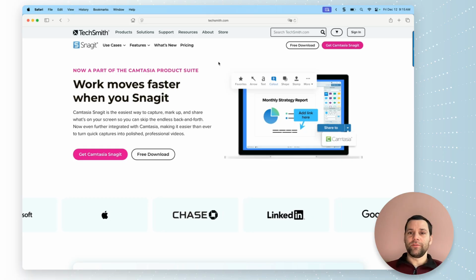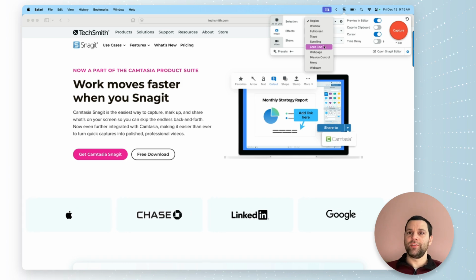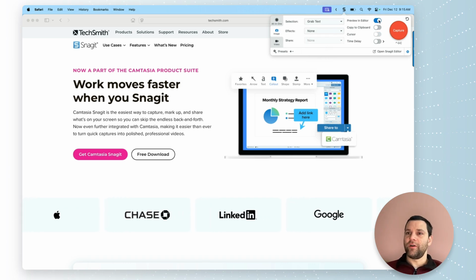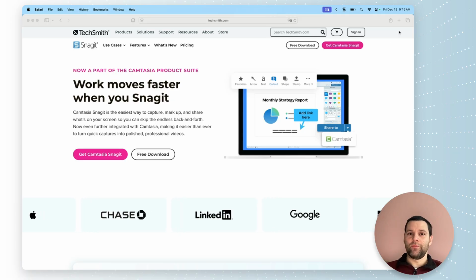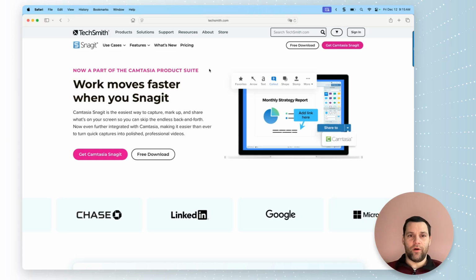One of my favorite little tricks that you can do with Snagit is to capture text directly. So if you open the capture window, switch your selection to grab text, turn off preview and editor, and turn on copy to clipboard. Then when you take a capture, you can select some text, and it will automatically copy